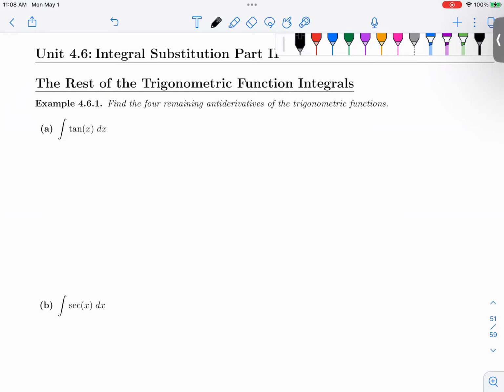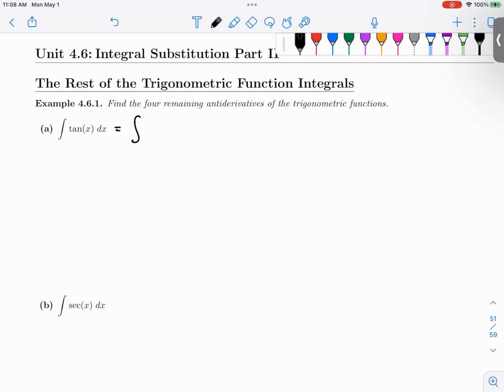So the integral of tangent, how do we find that? What function would you have to take the derivative of to get tangent? Because the derivative of tangent is secant squared, but the derivative of secant is secant tangent. So 1 over cotangent might be a good start, but one of the things you should always try and do,